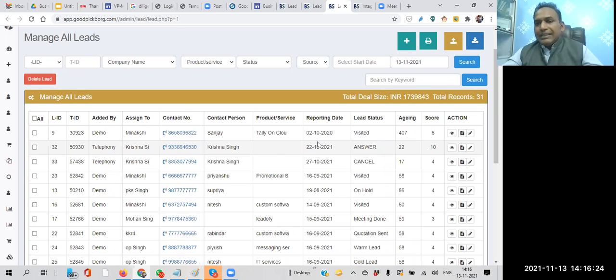And once this lead is received, automatically, if you have activated the SMS or email system in your Worksuite account, that SMS or email, we call it greeting SMS and greeting email, will be delivered. In case of a received call, email is not possible, because we are not getting the email from the call.